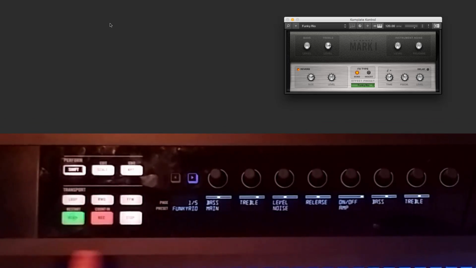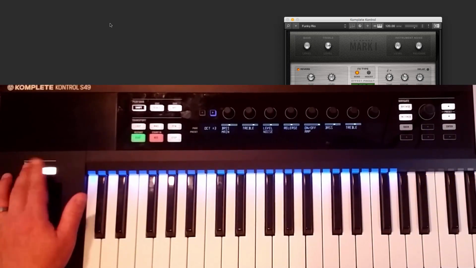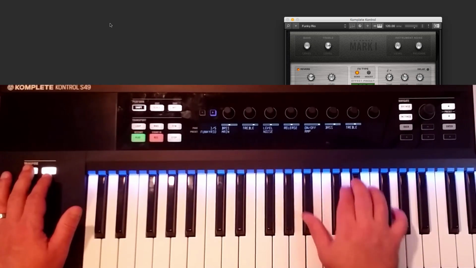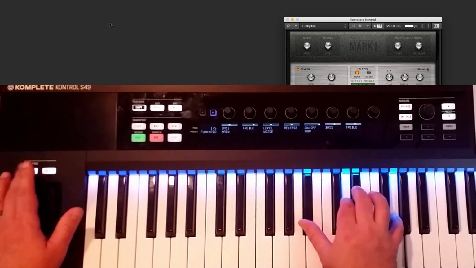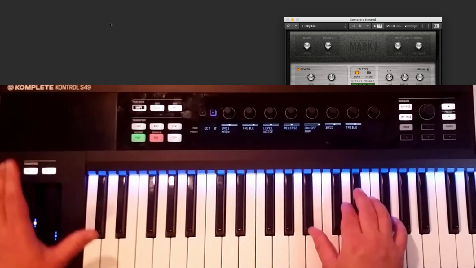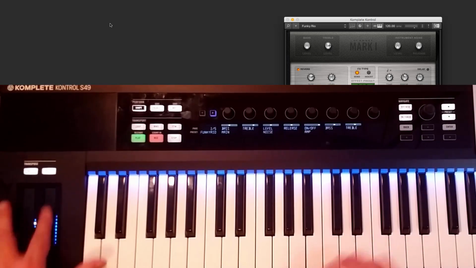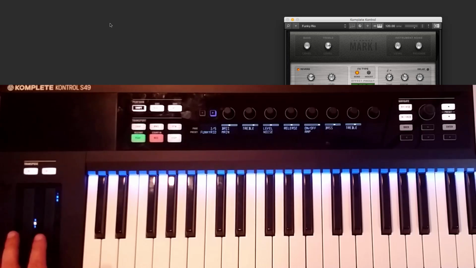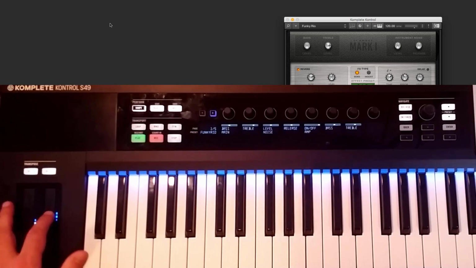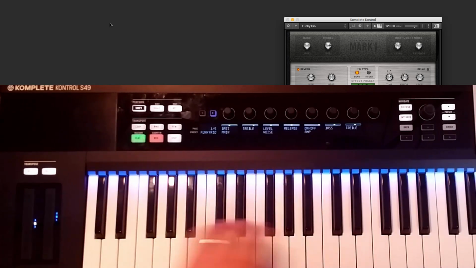We have a transport, which is going to work natively if it's in, say, Machine or something, and we can map this in Logic or Live or something like that. We have an octave button here that'll let us change our octaves. So, pretty standard stuff. We have our pitch bend and modulation, and we can do all kinds of different methods of assigning and manipulating the mod wheel as well. Because it's no longer a wheel, it's a touch sensitive strip, so we can actually modify the behavior a bit. And last thing we have in here